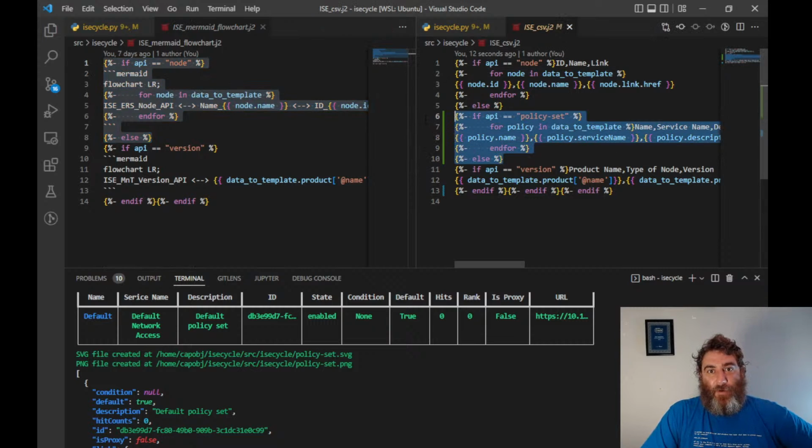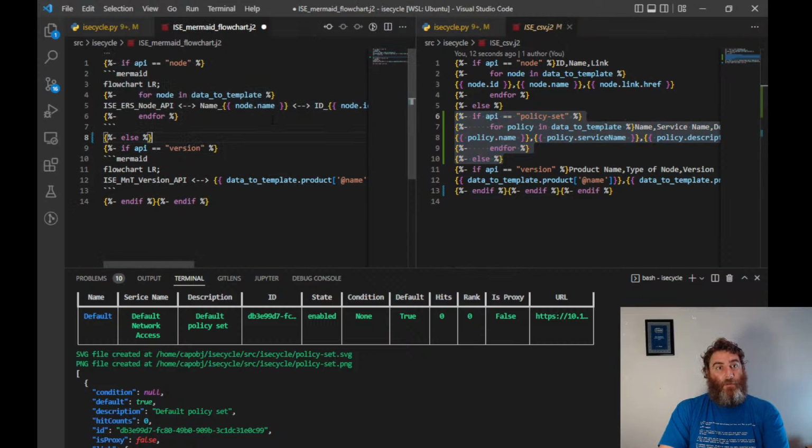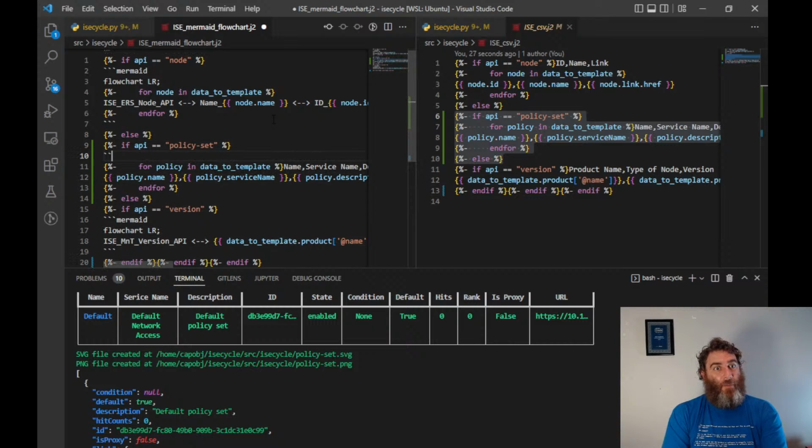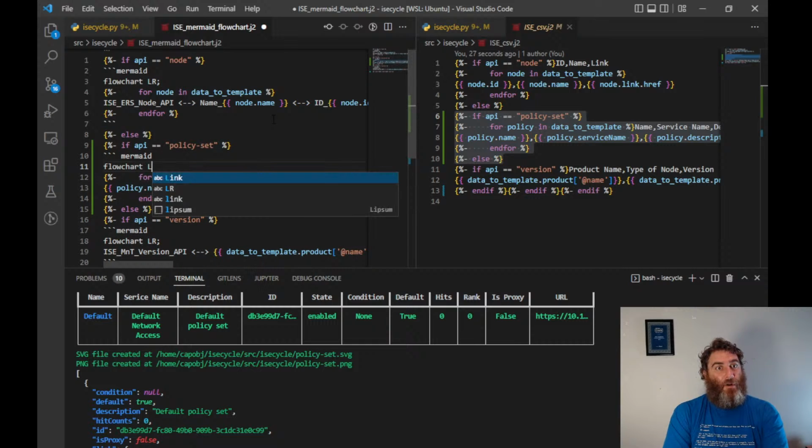There's a couple ways we could do it. I'm going to copy this and add my end if, and if it equals policy set, we want to make this a Mermaid file with a flowchart going left to right,